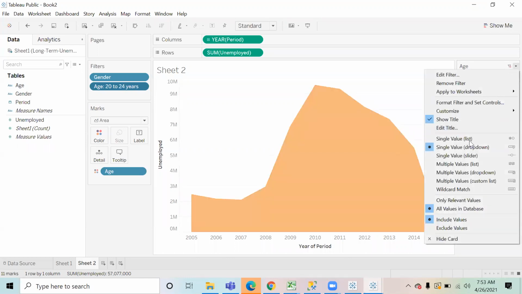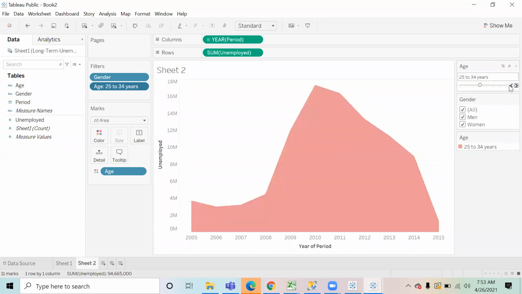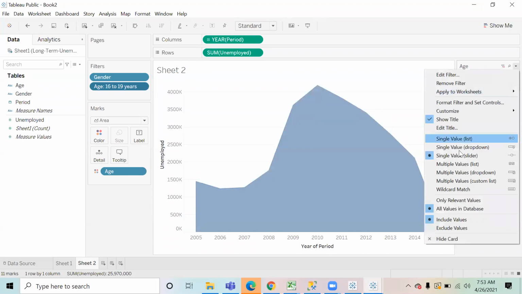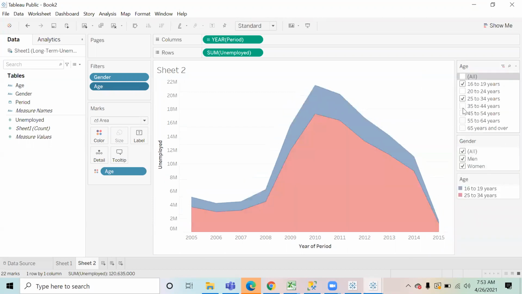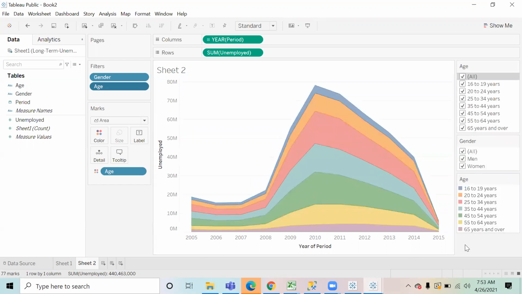If you want to make it a single value slider, you can make it look like a slider also. If you want to make it a multiple value list, multiple value means you can select multiple values.